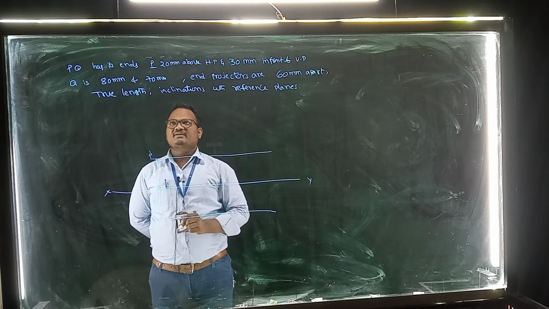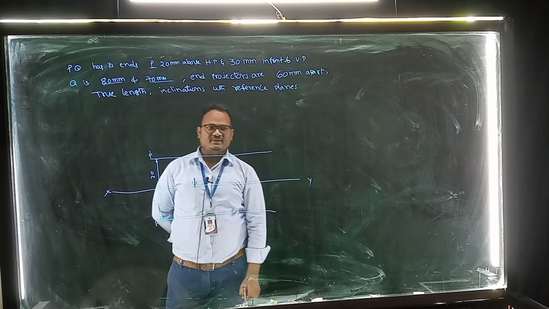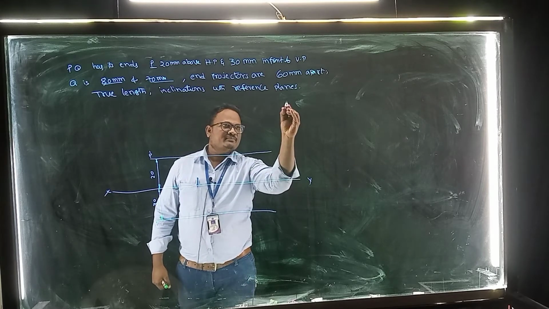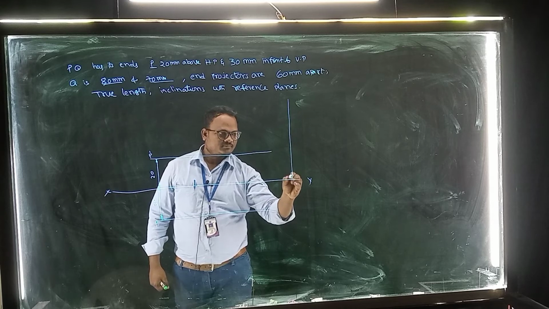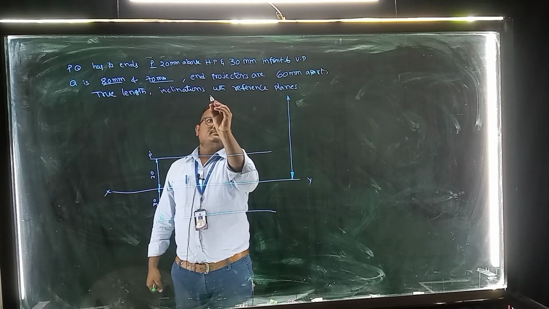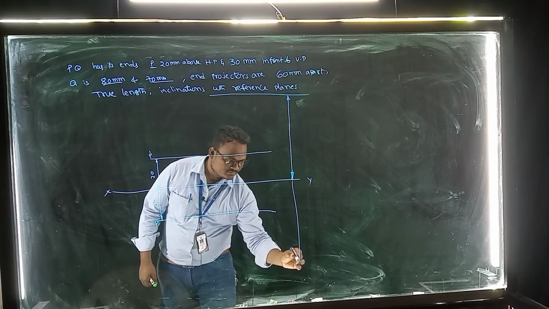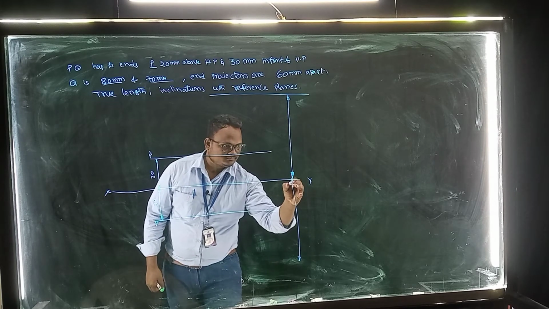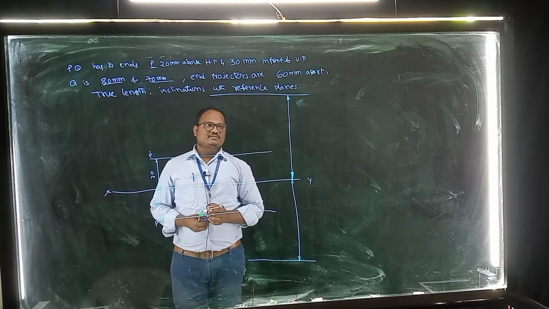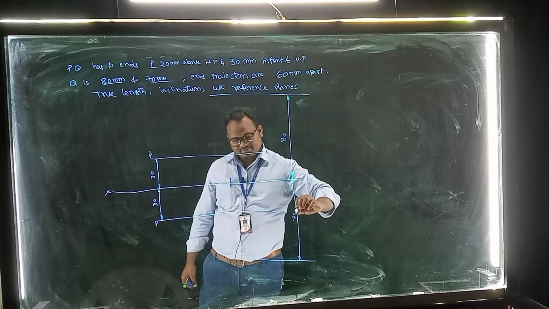So this Q end is given, that is 80 mm above HP and 70 mm in front of VP. We don't know the length, that's why take somewhere 80 mm. So this is the 80 mm line. So here in front of VP 70 mm. Consider like this. Okay, so this is the 80 mm, so this is the 70 mm.